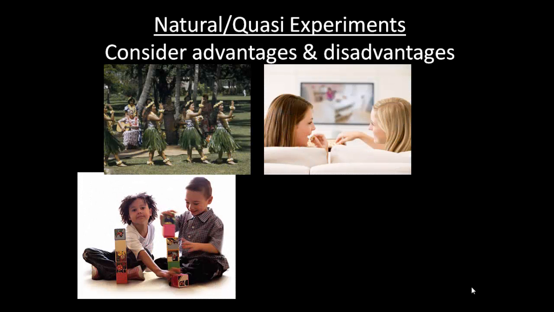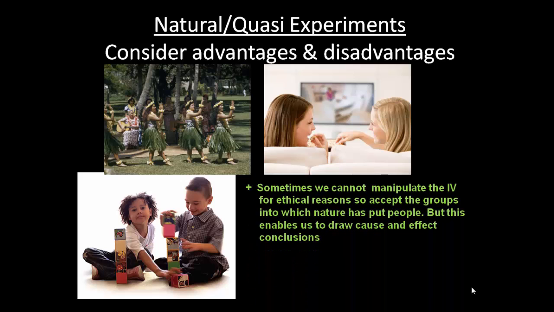Natural or quasi-experiments have different strengths and weaknesses again. We can see examples here of the natural or quasi-experiments. The greatest advantage of natural or quasi-experiments is that sometimes we simply can't manipulate an IV for ethical reasons. So for example, if we look at the bottom left picture, we can't manipulate the gender of children. Well, theoretically we could